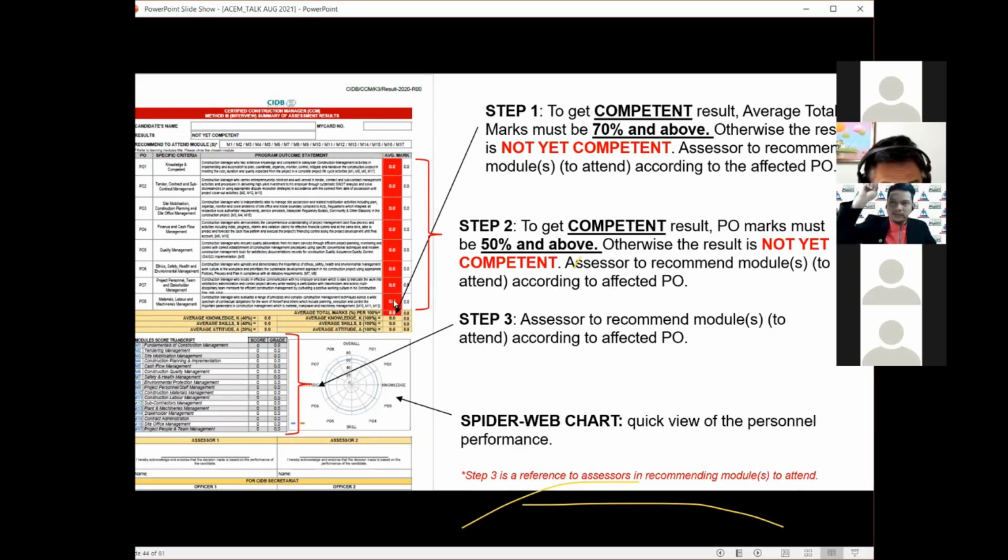So to get that 1 mark in every PO, we need to add marks on the modules, about 8 to 15 marks on the answer script. That is why the system is very precise. We don't go for that. Basically, 69 is considered non-competent.